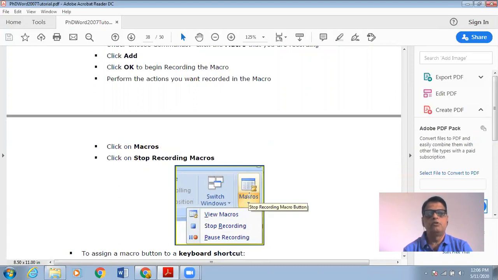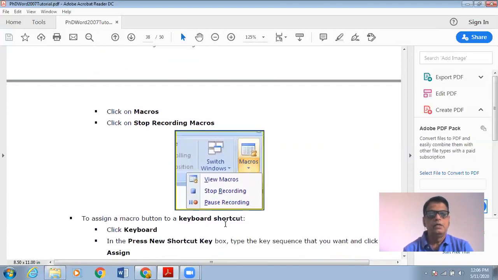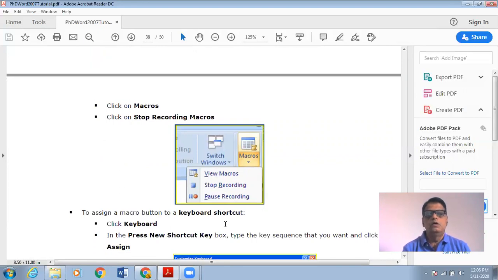Once you click on the Macros option, you will find that three menu items are available, and in this menu, there is a button to stop the recording. Once you click it, the recording will be stopped.